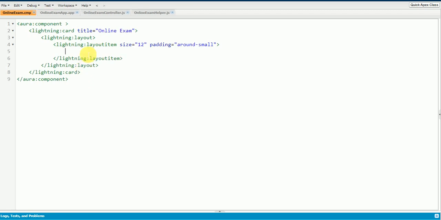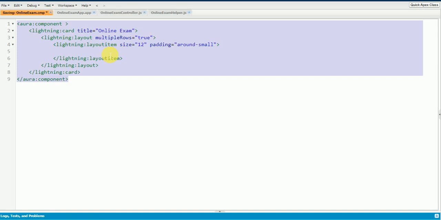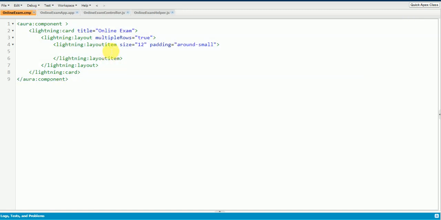Inside this lightning layout item, I'll declare multiple rows as true. And here in the lightning layout item, I'm going to add a text box where the student can enter the name. So I'm going to add a lightning input text.